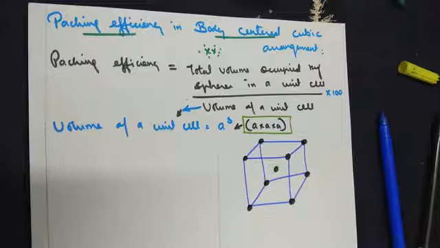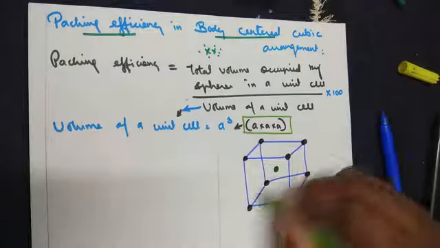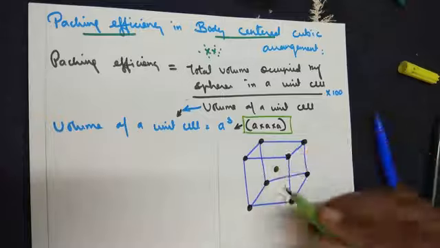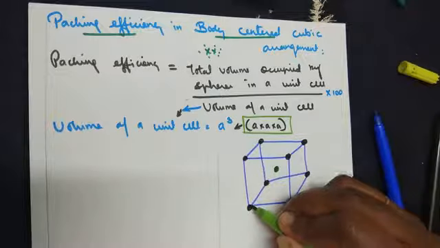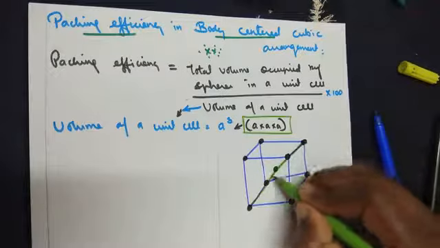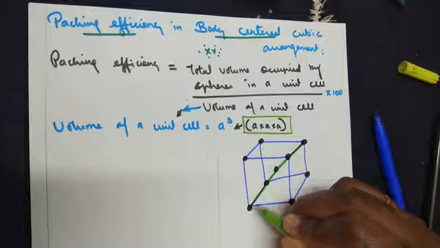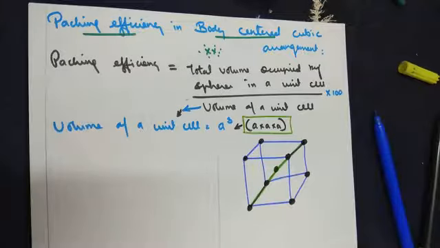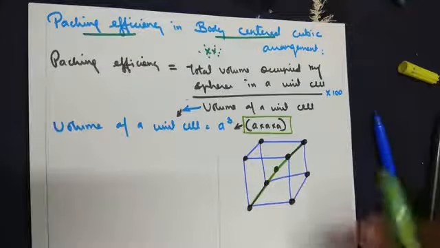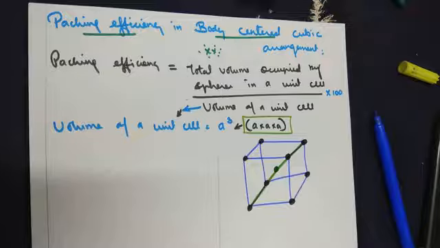In the previous classes, I also have given you the term called body diagonal. What's the meaning? Diagonal, when we say it is drawn along the opposite edges. So, either you can draw it from any direction. I'm drawing only in terms of one direction. So, there is a diagonal drawn from one end to the other end through the atom that is present within the body of a unit cell.